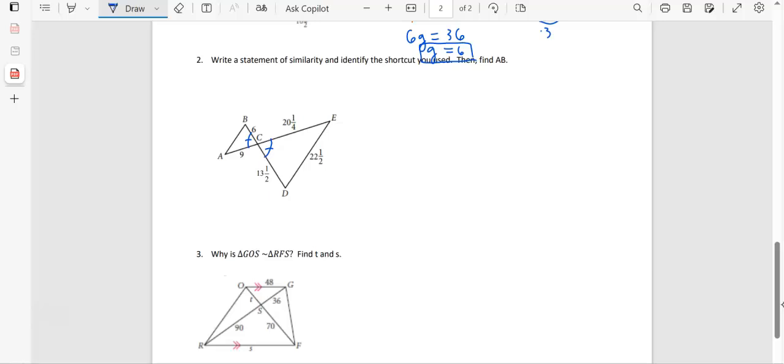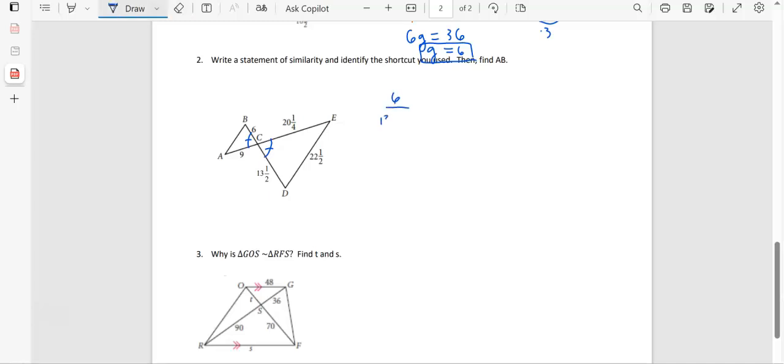And so now what I want to check again is my sides, to see if the corresponding sides are proportional. Looking at this, again, what I have to do is make sure I'm matching up corresponding sides. I notice that this is 9 and this is 6. So segment BC is the shorter of the two sides, and therefore it wouldn't go with the 13.5. It wouldn't go with the 20. And so I'm going to check that